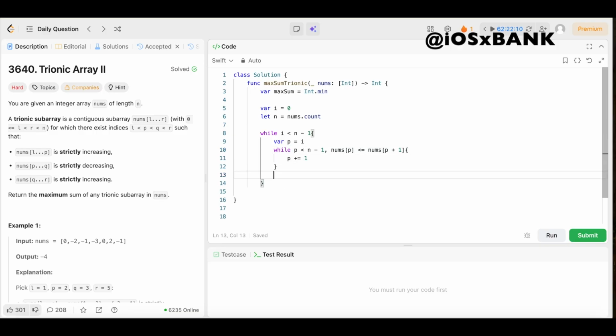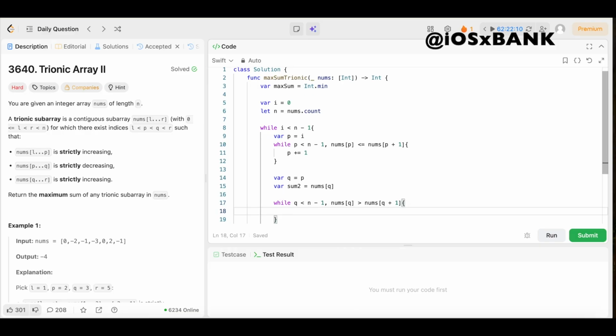Come underneath this, and we're going to declare a variable called q, set that equal to p, declare a variable called sum2, set that equal to nums[q], boom, and then we're going to come underneath this, and we're going to say while q is less than n minus 1, comma, nums[q] is greater than nums[q + 1],